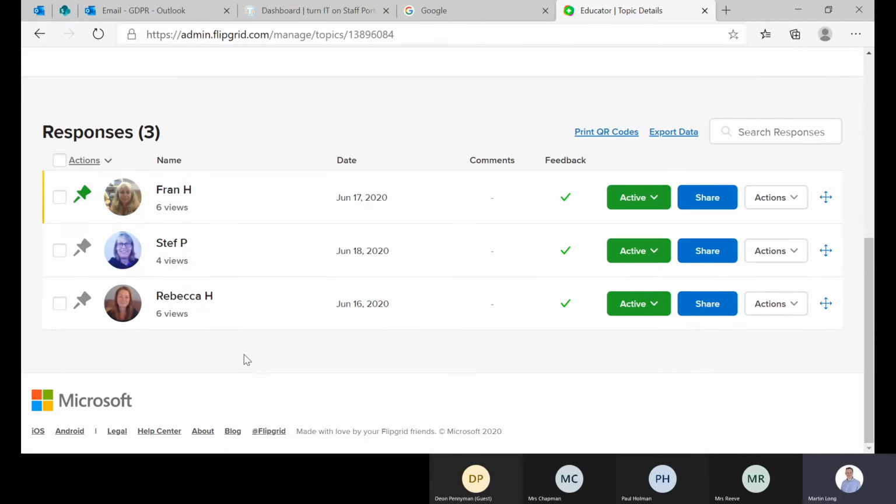Then you can come down here and find people that have left contributions, and you can make sure those contributions can be either only listened to by you and then released, or only listened to by you and always available to you, or you can just have them go public straight away. So it's up to you how you want to work that release of the contributions coming in. But what it does is allow you as a community to understand the feedback that you're getting, and how that feedback then informs other students or pupils.